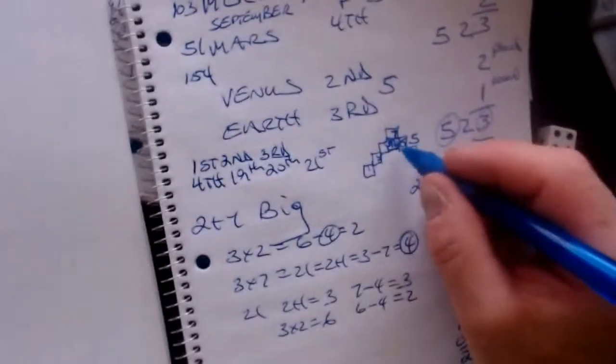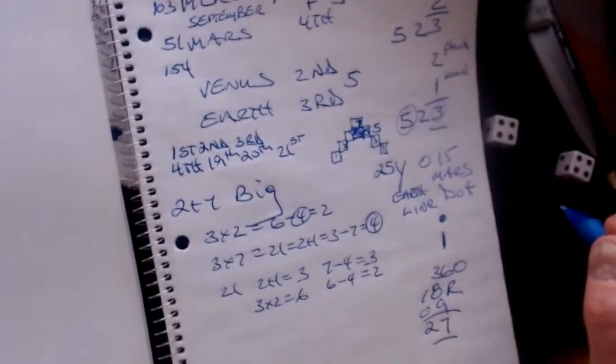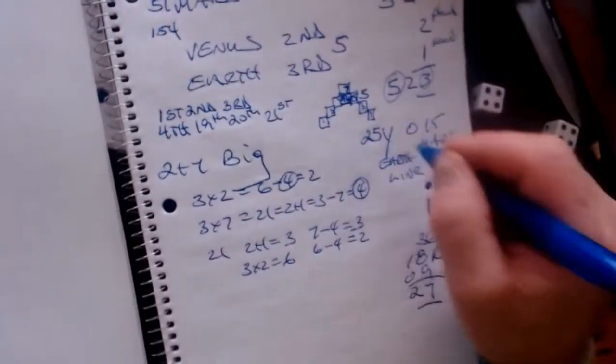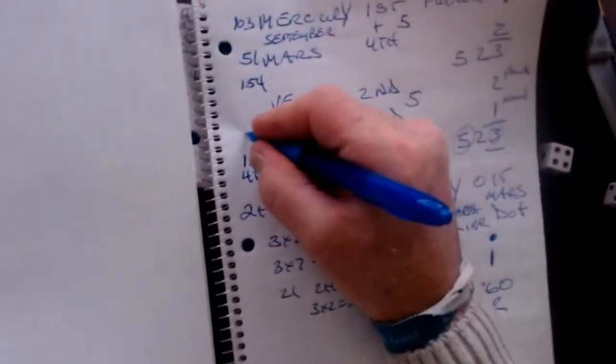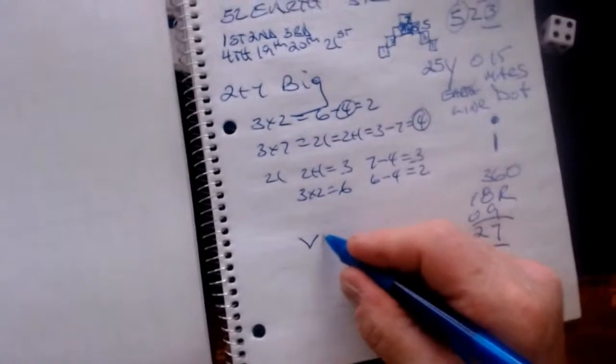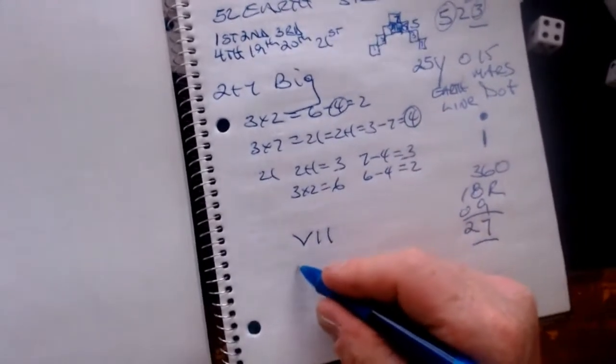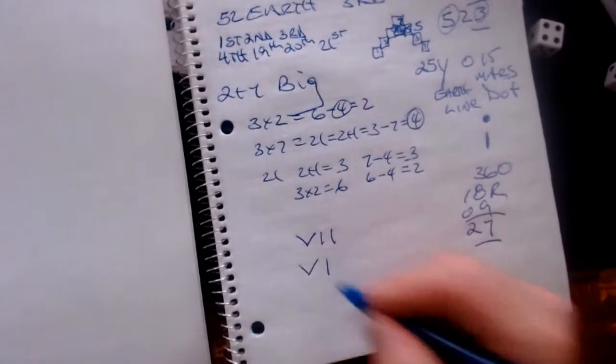So we did this over here. 9 goes down here. I showed you where 9 was over here. We showed you Yo for Earth. The reason for the dot is because Mars is number 51 and Earth is number 52. And in Roman numerals, I would be doing this for Earth and I would be doing this for Mars.